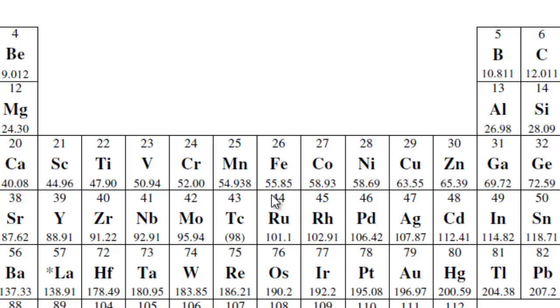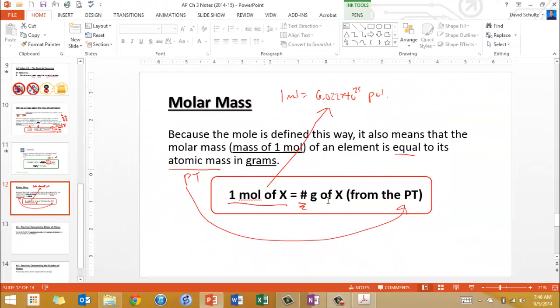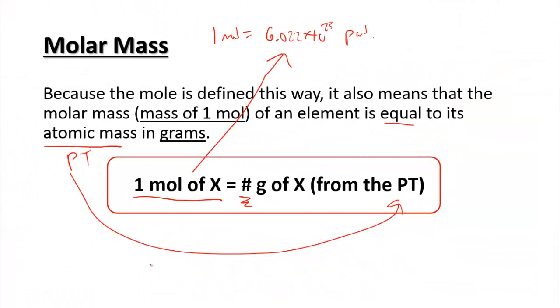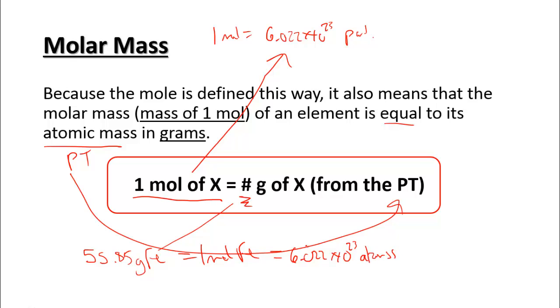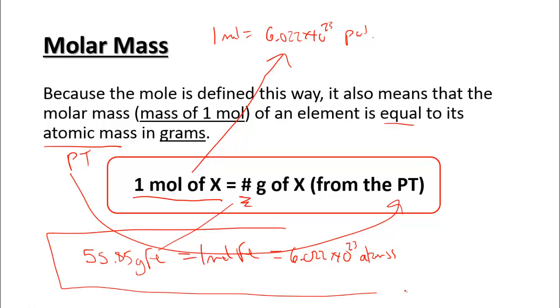Okay, so what that means then, 55.85. If I were to weigh out 55.85 grams of iron, that's the mass of iron from the periodic table, that then means I have 1 mole of iron. And that also means I have 6.022 times 10 to the 23rd atoms of iron. That's really our big connection here in this chapter here. The molar mass off the periodic table means you have 1 mole of that substance, which means you